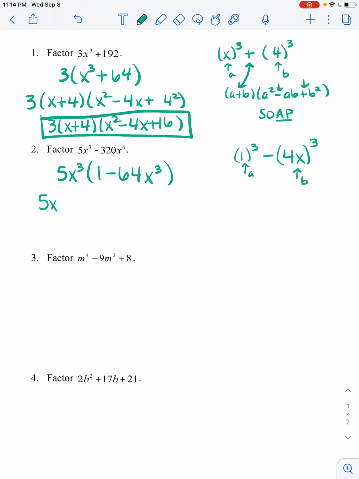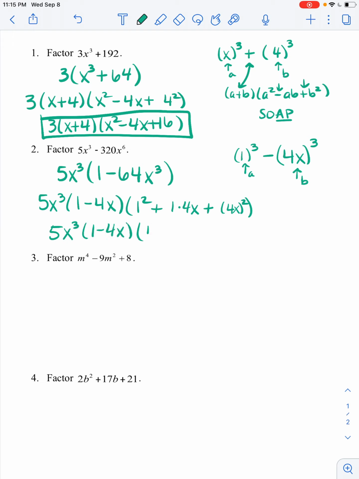So let's bring down my 5x cubed. 1 minus 4x would be my binomial. 1 squared and 4x squared would be my first and last terms of my trinomial. And 1 times 4x would be the middle term. Now everything here is positive since my minus sign is already in my binomial, or remember, same, SOAP, opposite, always positive. I'm just going to rewrite this one more time